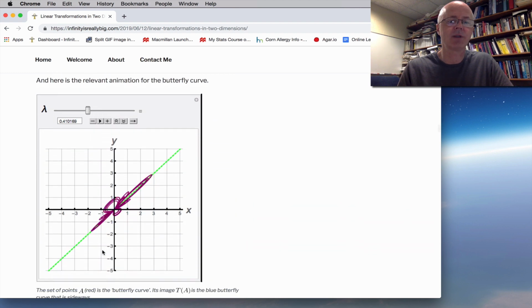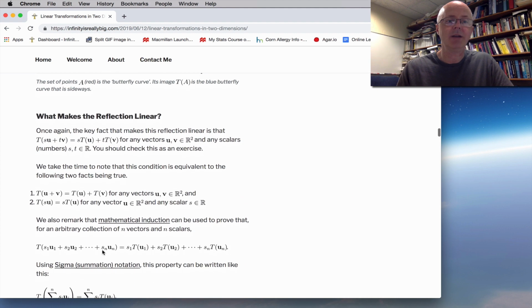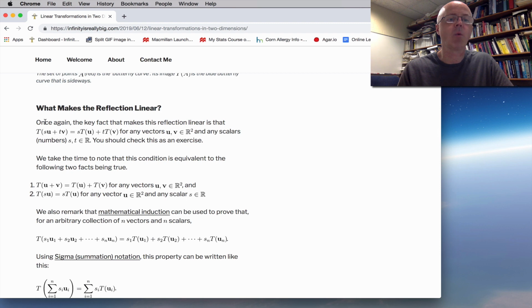Here's what happens with the butterfly curve. The red one is A, the blue one, T of A, is being reflected across that diagonal line. What makes the reflection linear? Once again, it's this condition that needs to be true for arbitrary vectors u and v and for arbitrary scalars s and t. I'm not going to check that here like I did with the first example,